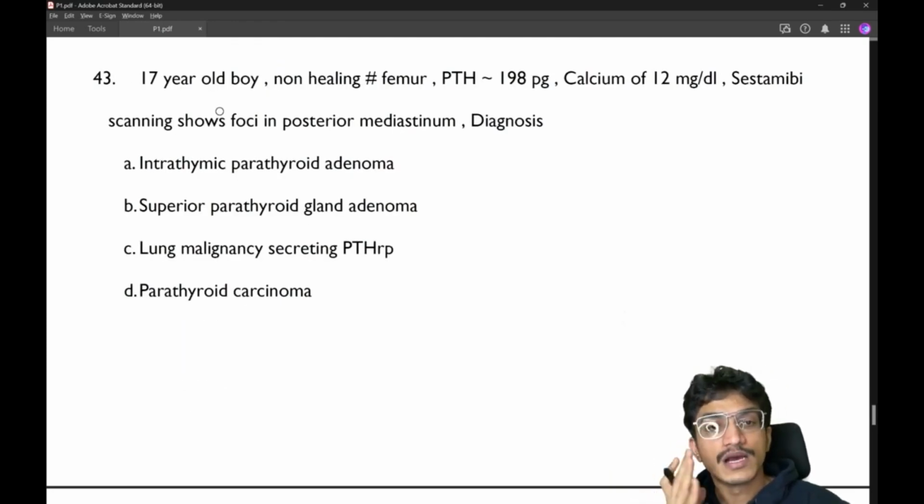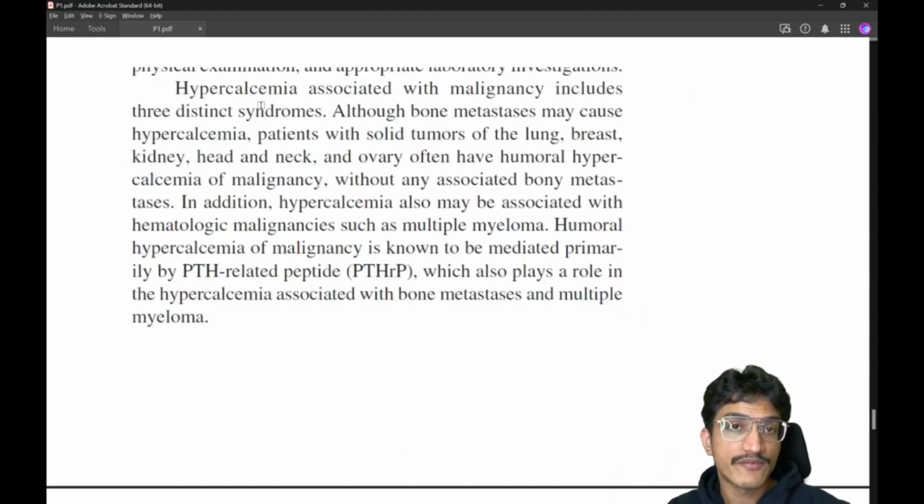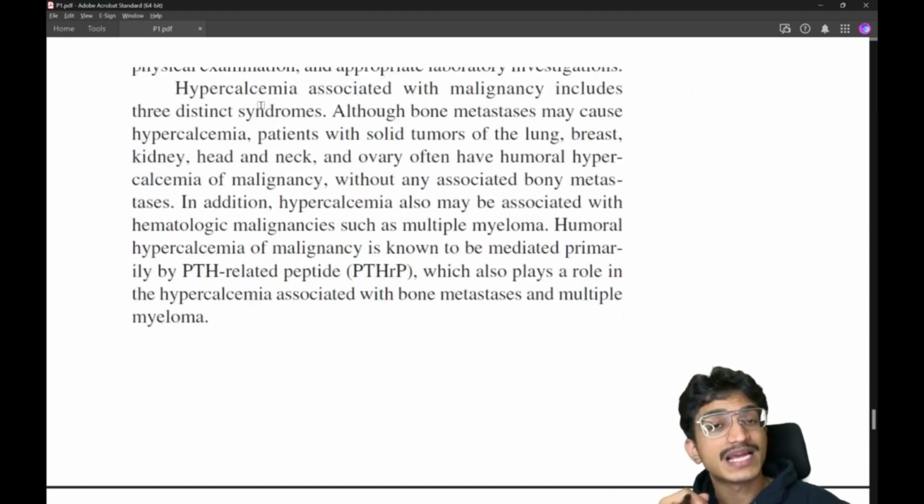A young boy, non-healing fracture of femur with PTH increase, hypercalcemia, and the scan is showing a focus in the posterior mediastinum. So the diagnosis, according to me, as per the references, that is again from Shorts. The hypercalcemia which is associated with malignancy is commonly with bone mets and solid tumors of lung. They usually have